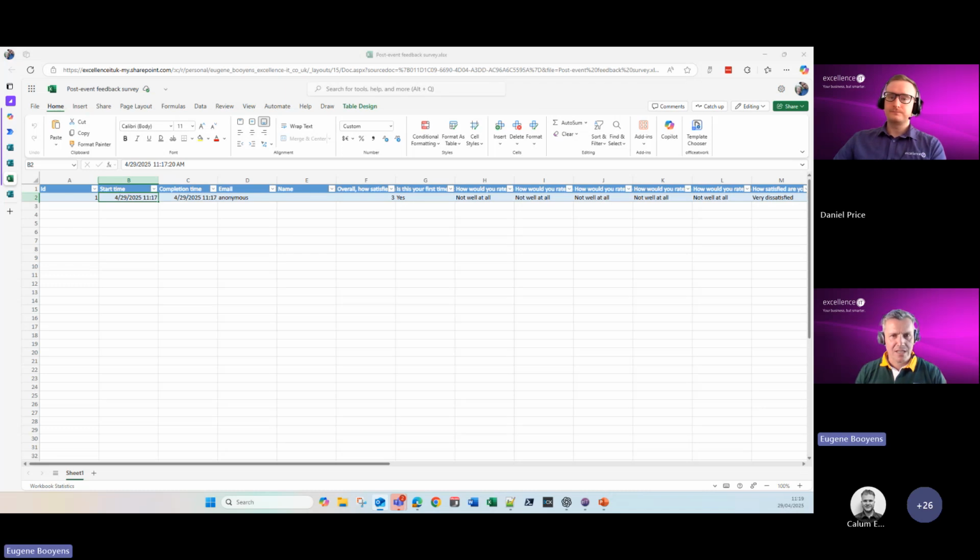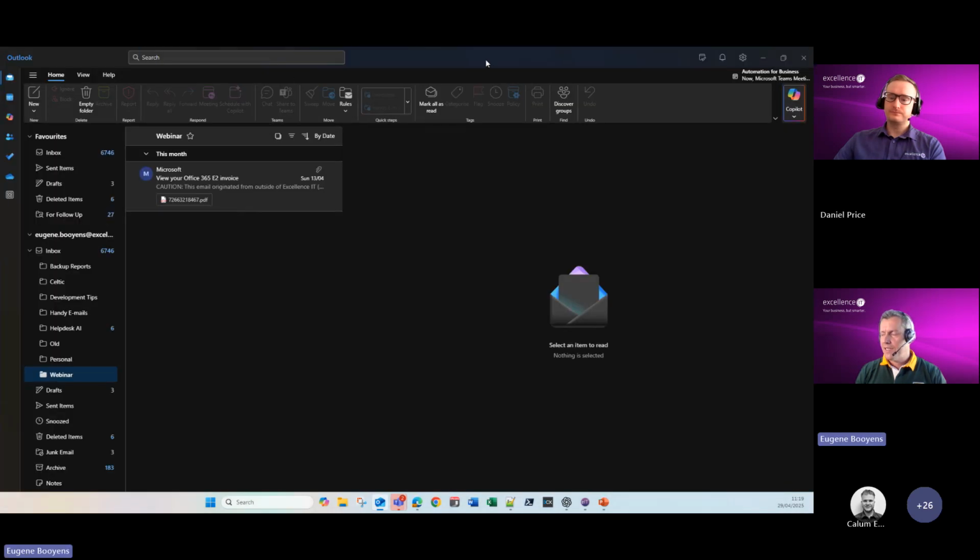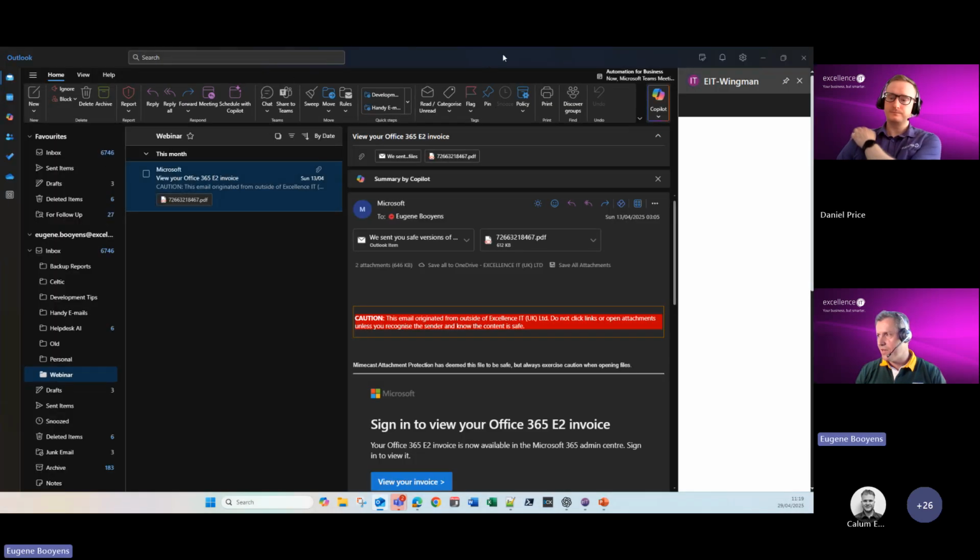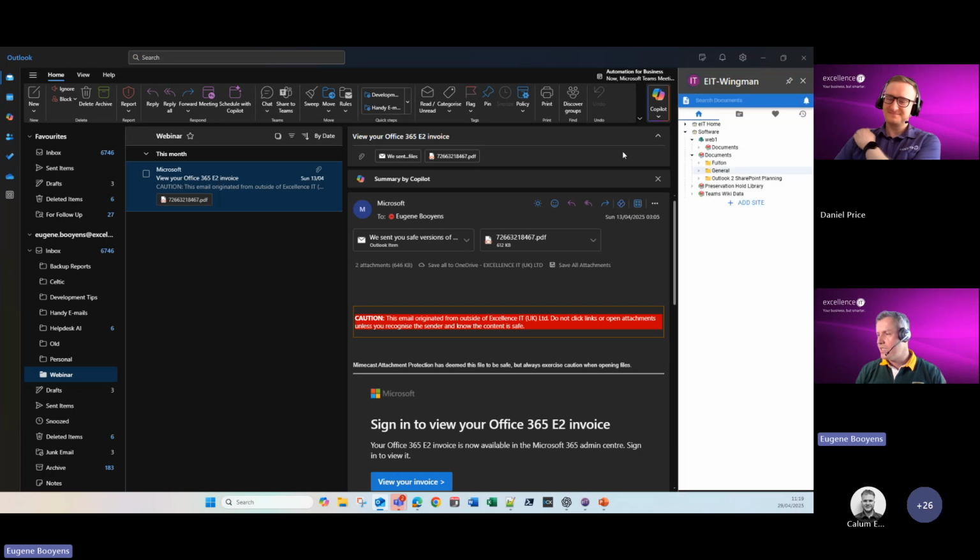Okay, I'd like to demonstrate next this Outlook add-on that we've developed, and I should say Dan developed this really. He's done a great job. So effectively, if you've worked with SharePoint and Outlook, you'll notice I'm using the new version of Outlook, and with the classic version, it is the same. Working with attachments from Outlook to SharePoint can be quite challenging. If you click the little drop down here, I do have the option to save to OneDrive, but I don't actually have the option to directly save to SharePoint, which is quite strange, really.